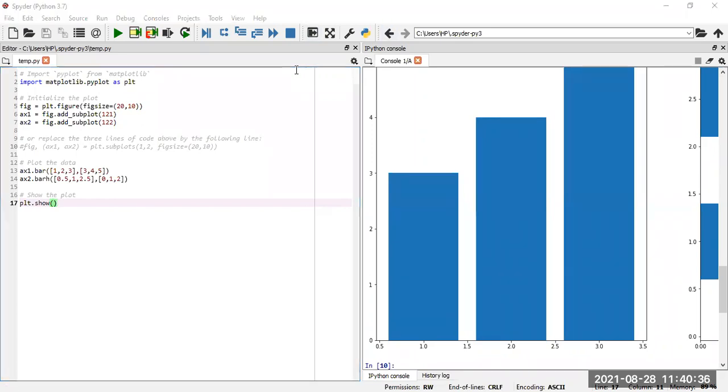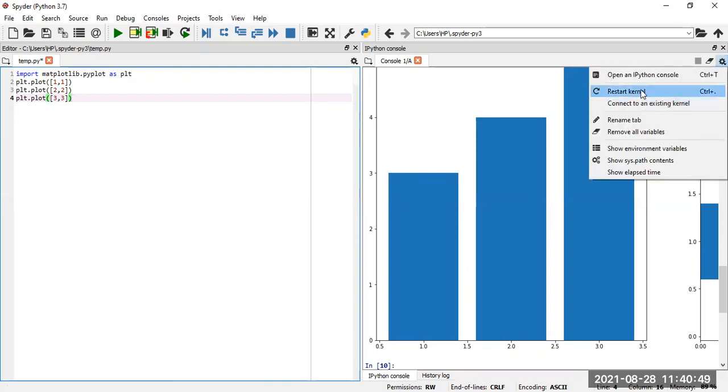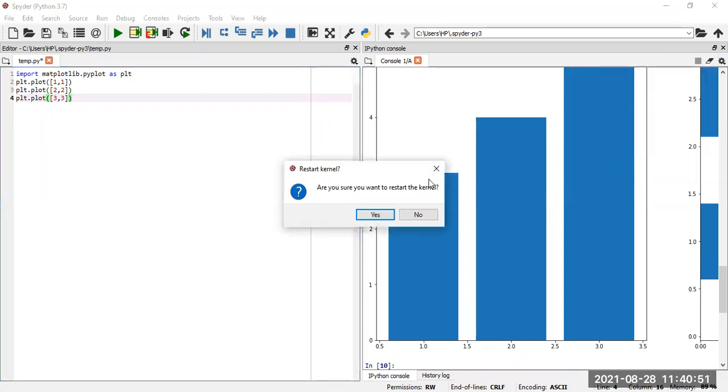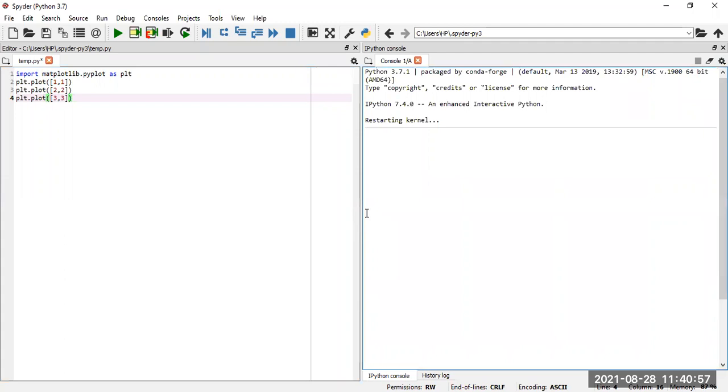So the coding window is visible to you. Now I'm just going to copy, paste it here. First of all, let me restart the kernel. Restarting the kernel will take some time.